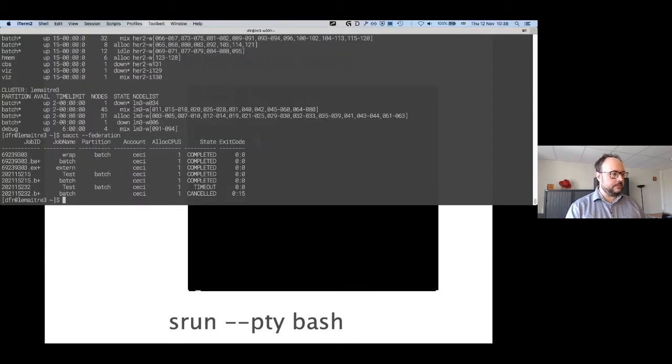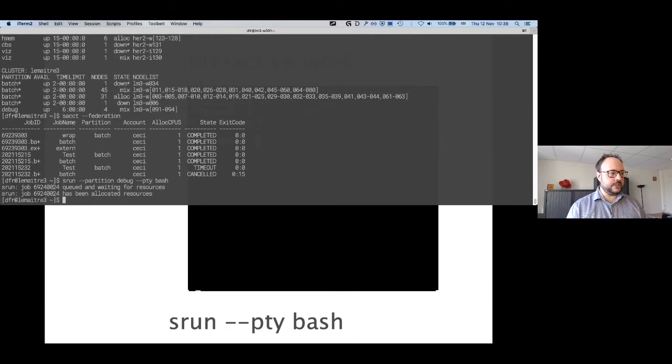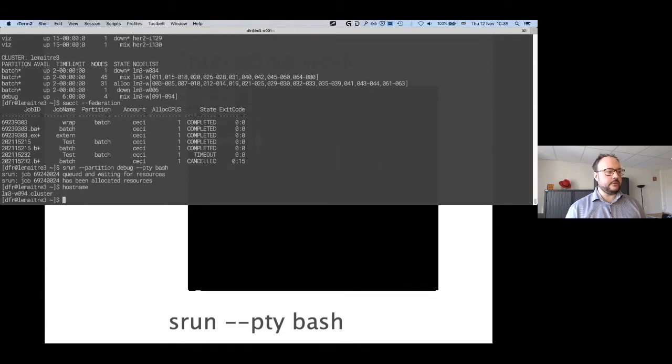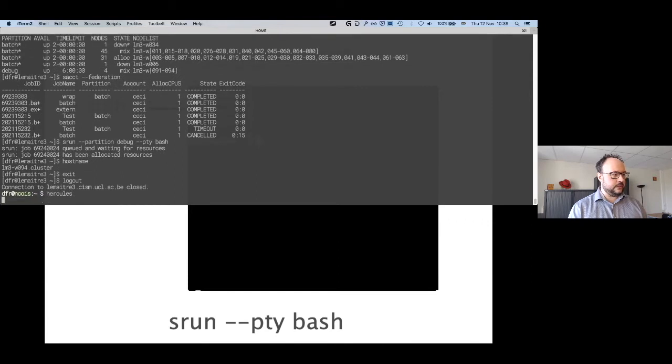So I can maybe try it here. I will show you on the debug partition. So debug, and then --pty bash. It says that the job is queued and is waiting for resources, and then it says, okay, I've been allocated the resources. And here my prompt is a bit misleading, because if I run hostname, I'm actually on the compute node. So if I go to Hercules again,